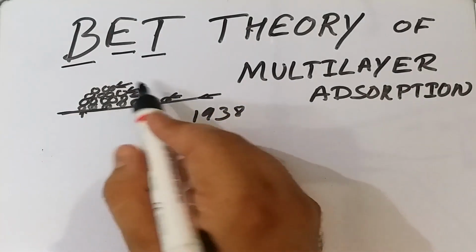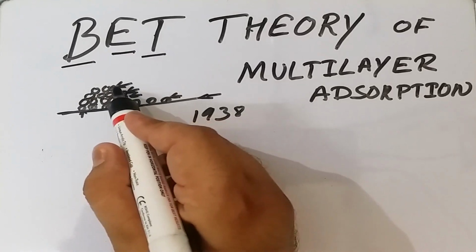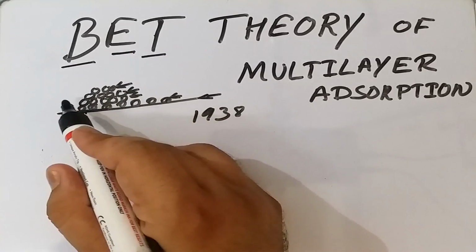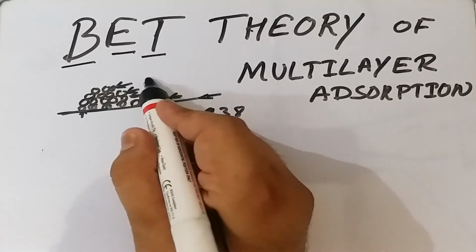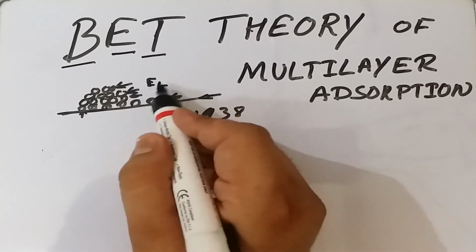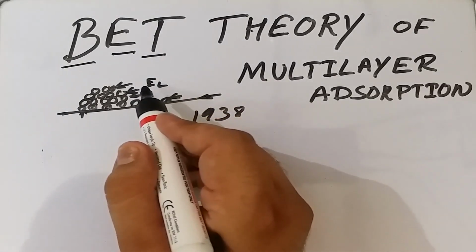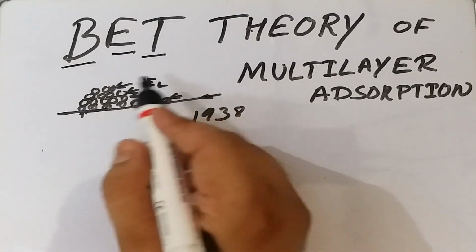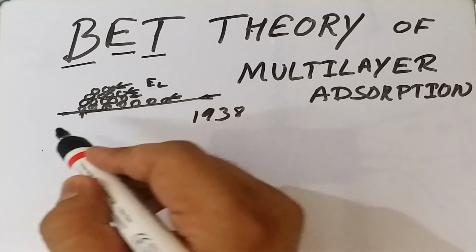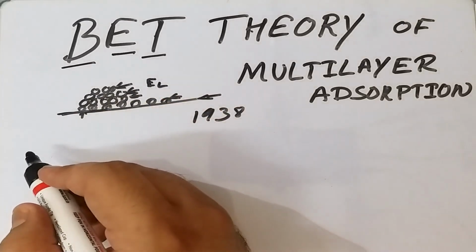For the succeeding layers, that is the second, third and fourth layers, the energy of adsorption is considered the same, and it is represented as EL, which is considered as the heat of liquefaction of the gas. Okay, so these are some of the assumptions on which the BET theory is based,